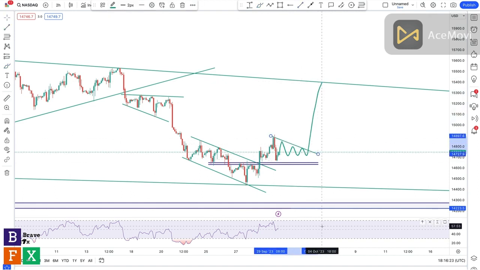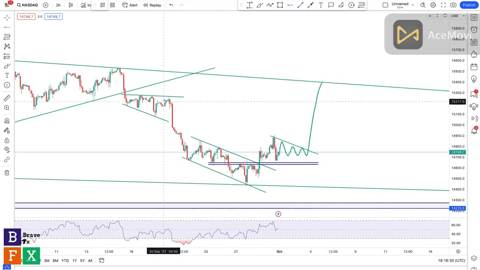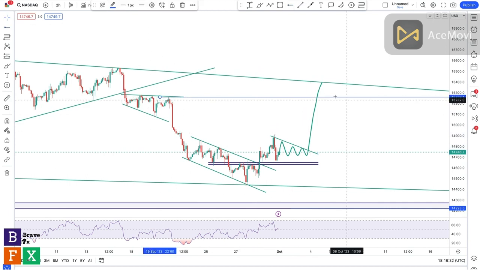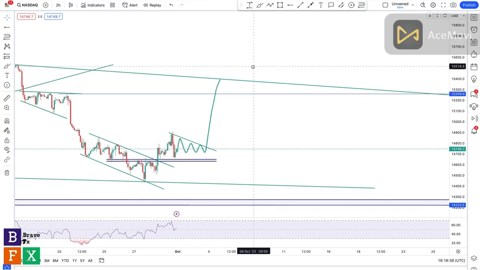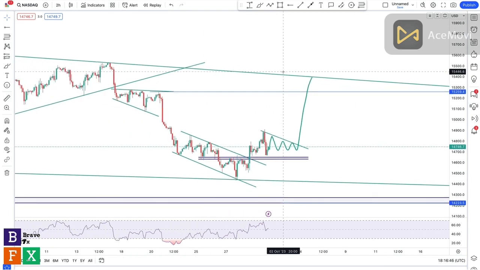So a signal like this will be what I'll be watching out for to go long on Nasdaq, aiming for this high. So first of all, I'm going to aim for these highs here, then take out some profits and see how long it takes for price to get here, because if we take too long, then we may get to these price levels, that's maybe on the 11th of October. So no matter how long it takes, we'll just stay patient enough, wait for these patterns, get our breakout,